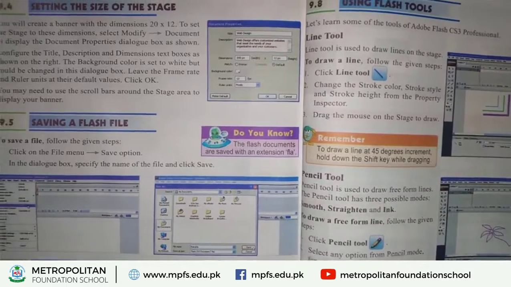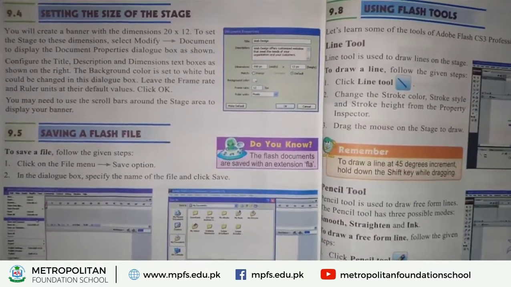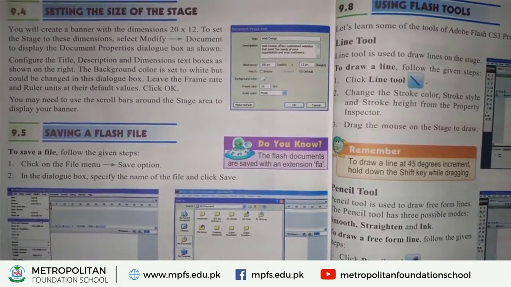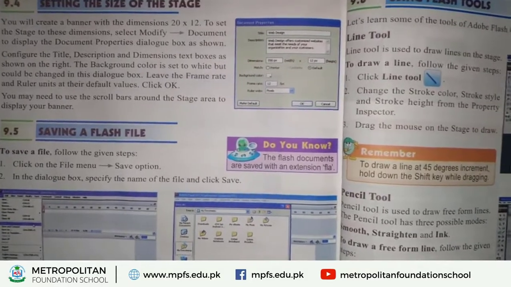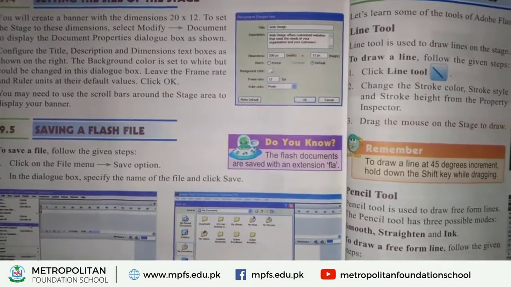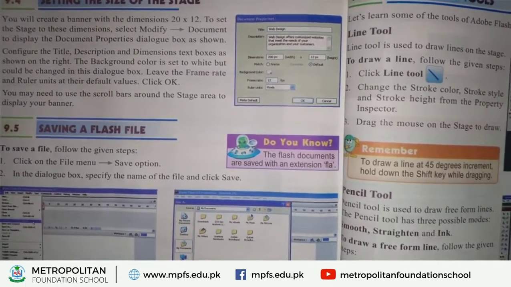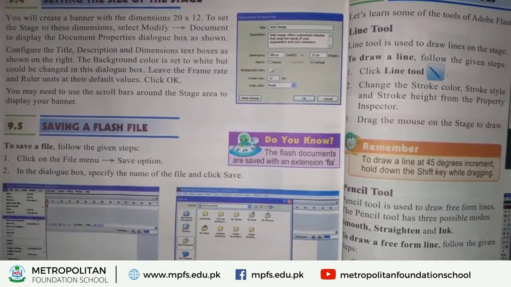9.4 Setting the size of the stage. You will create a banner with the dimension 20 multiplied by 12. To set the stage to these dimensions, select Modify, Document. Pop-up dialog box shows the size of the document.